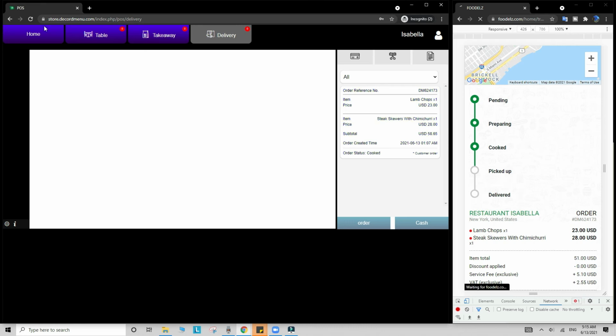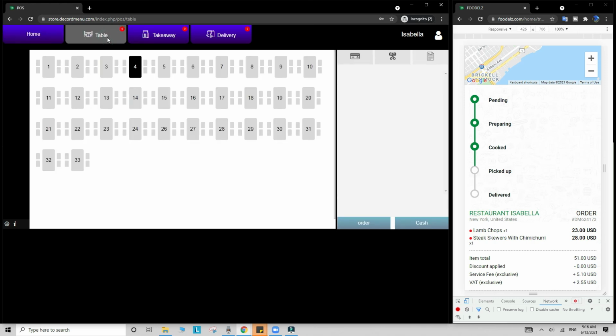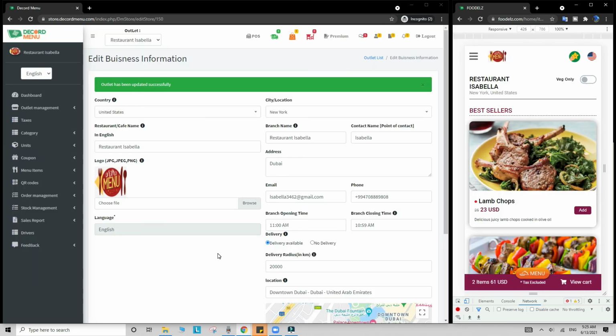close the order. This is the only POS system in which not only your waiters can punch their orders, but your customers can also place the dine-in orders by scanning the QR code of the menu for each of their tables and place their takeaway and delivery order simultaneously without any commission. There are lots of other amazing features which can be covered during the training sessions.